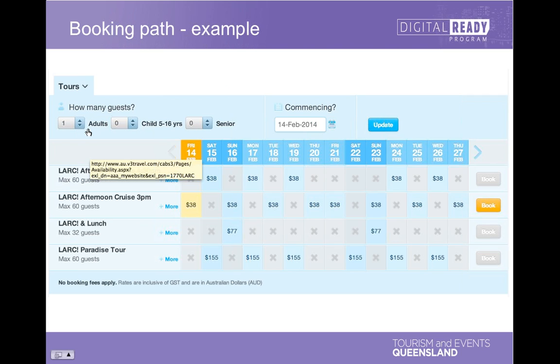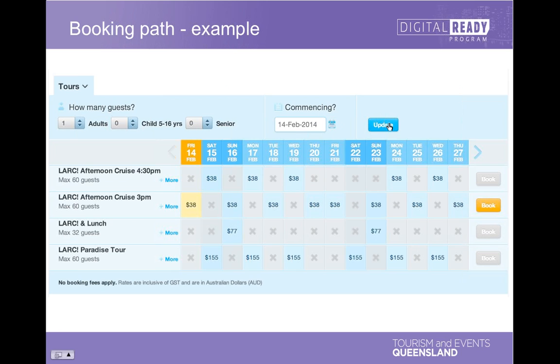Okay, so we've got a pick list for how many adults, a pick list for children 5 to 16, and a pick list for seniors. So that's much easier than a user having to type in a number and possibly getting it wrong. Where you possibly can, avoid having them type. Try and use preloaded stuff like pick lists where there's much less room for error. It's called error prevention. They've got a calendar where they can type in, or they can use this calendar here,